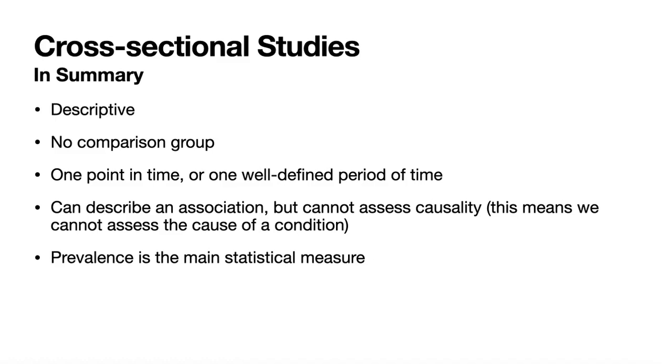So if we're thinking about our college students who have asthma, we can say, does asthma cause, or does being a college student in Naperville cause asthma? Well, we can't say that. All we can say is that 20% of those surveyed did have asthma. Now we can use that data to come up with a hypothesis, and then we can test the hypothesis using another study design. Finally, prevalence is the main statistical measure